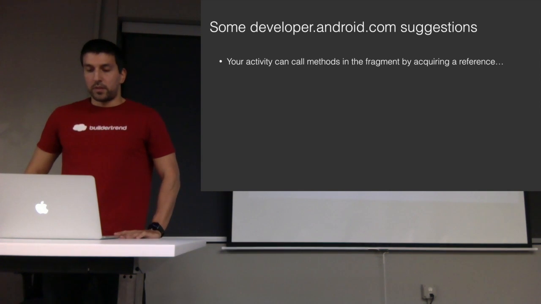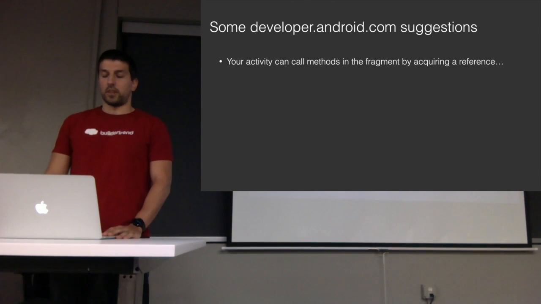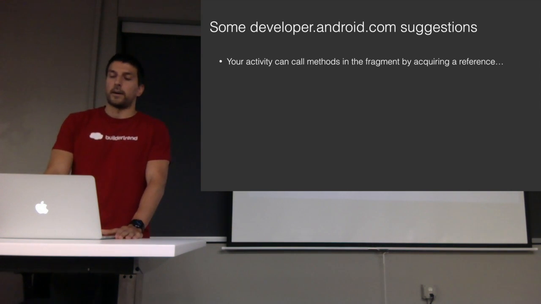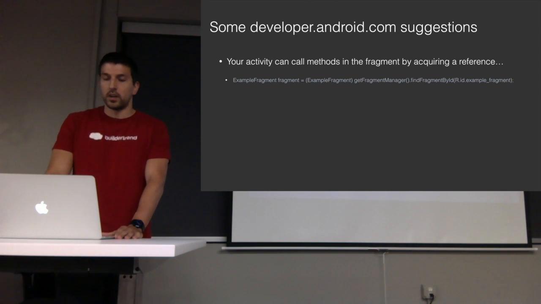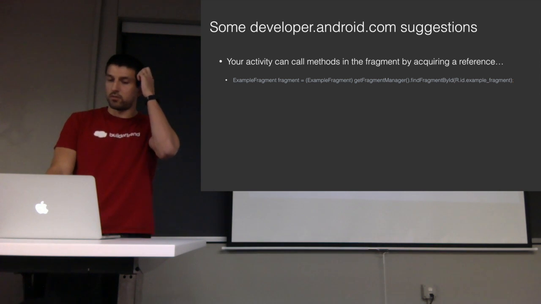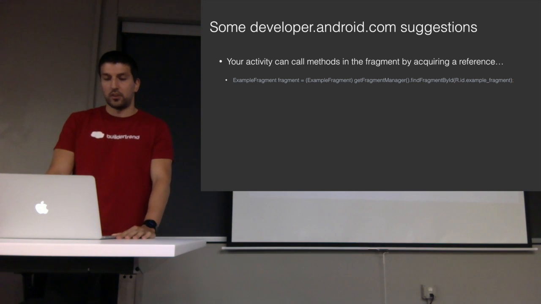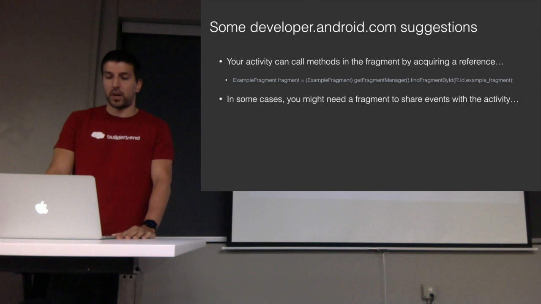So if we look at some of the suggestions that Google says on how to use fragments, if your activity needs to call a method in a fragment, it can acquire an instance of it by using find fragment by ID or by tag on the FragmentManager. Obviously that just returns a fragment, so you do have to cast it. You have to know what you're looking for, which I suppose isn't too terrible, but I think avoiding casting when possible is nice. In some cases you might need a fragment to talk to the activity, and in that case